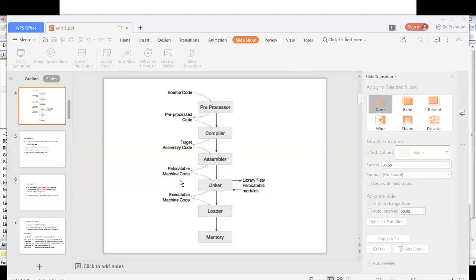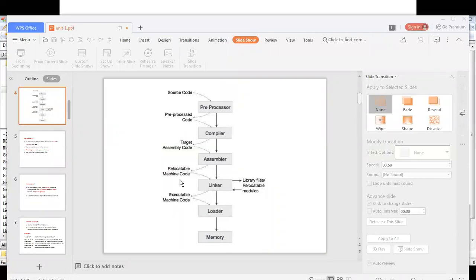Is it clear, guys? But the problem is, the assembler will give some addresses in the main memory where this machine code has to be loaded. It decides the addresses for that machine code. But sometimes in the main memory, those addresses are not available. They are used by some other program.